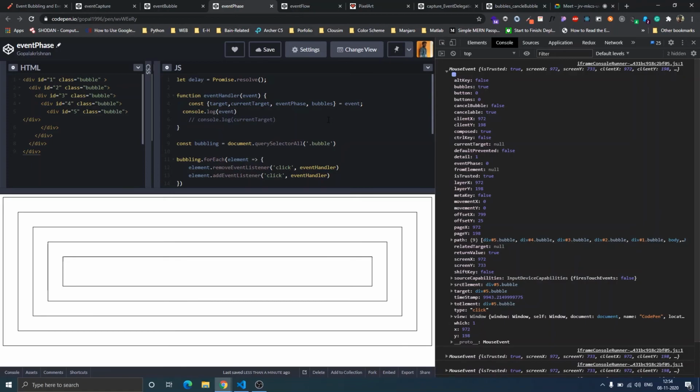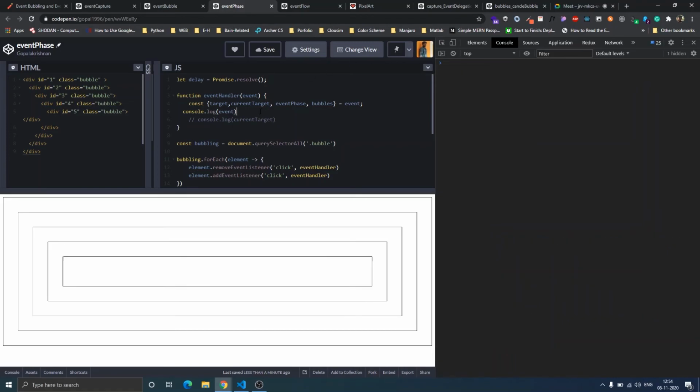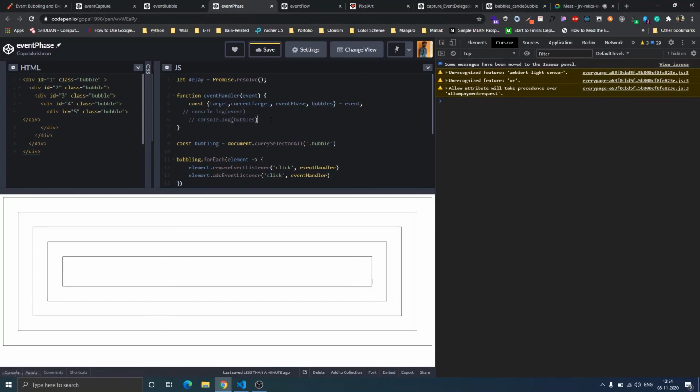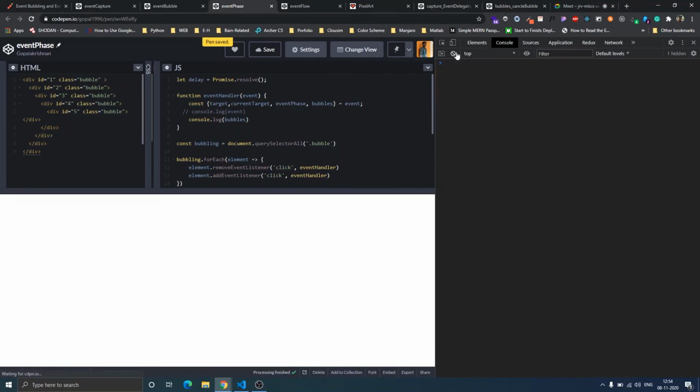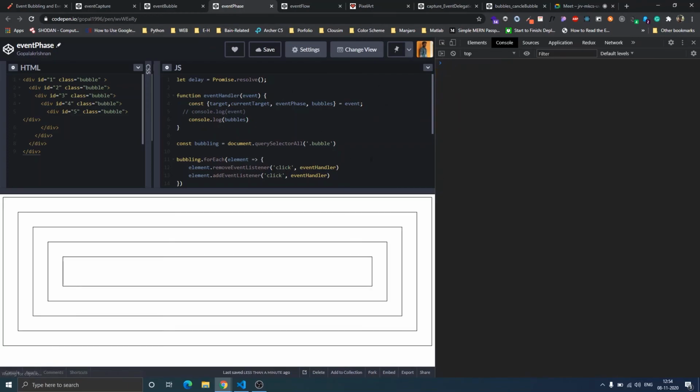It's a boolean value and a read-only property. If bubbling is happening in the DOM, then it will show true. If bubbling is not happening, then it will show false. So what I will do now is print this bubbles value for each event handler. Now when I click on this element, you can see it prints 5 times. This means bubbling is happening. So this is the difference, what a bubble is.